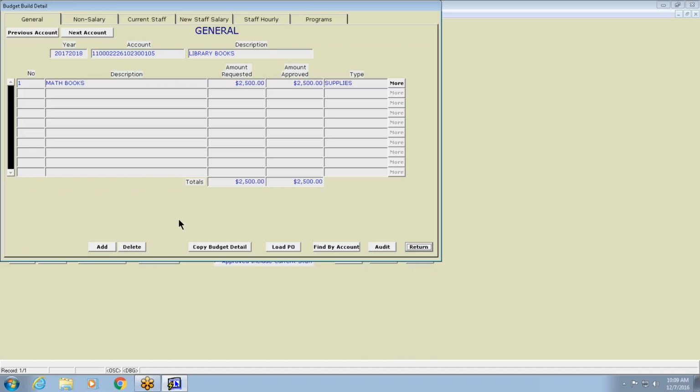Okay, so what you want to do, the difference is this is a general, you're just typing in a description, what your requested amount is, and what your amount approved is, and this is only temporary. Once all your input is done, then the business office gets involved with making any adjustments as far as the approved. And then you also have a type, which is just like a major category